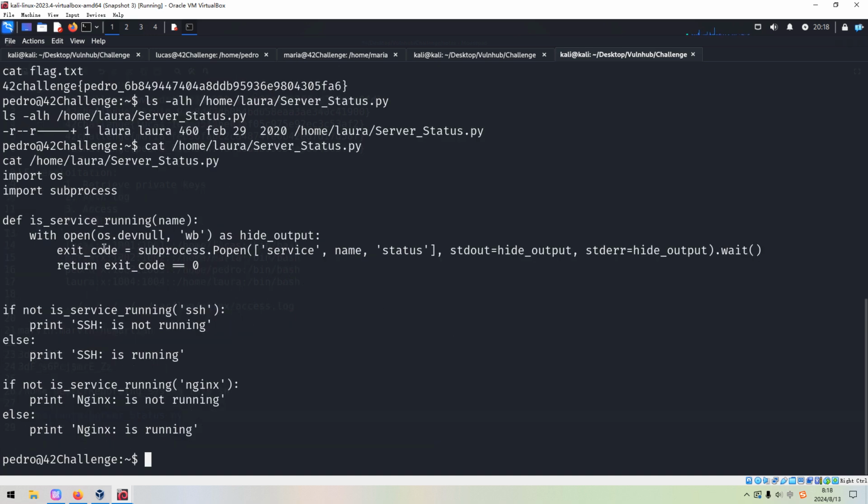It's doing some sort of functions. And next we need to check the module, for example whether we can manipulate the module. First of all, we need to locate the subprocess file.